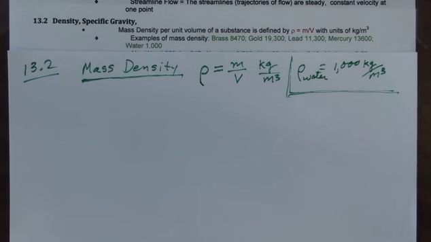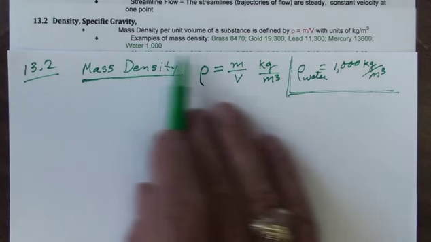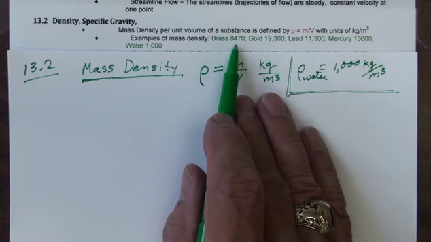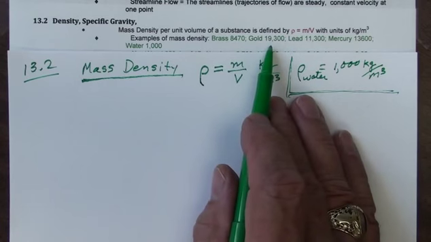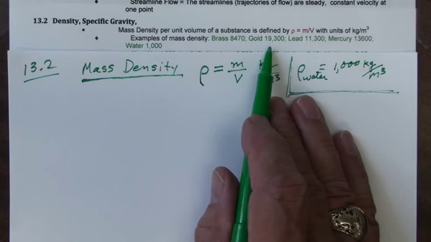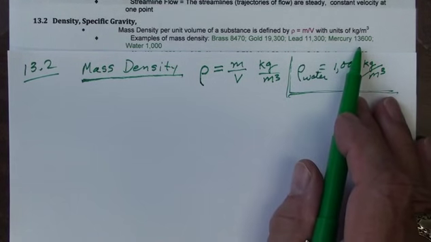Here are some other densities you may want to look at. You see water here is 1,000, and brass is 8,470. In other words, 8.5 times as much as water. Gold is 19,300, so it's much, much heavier. 19 times as heavy as water by an equal volume. Lead is 11 times, or 11.3, and mercury is